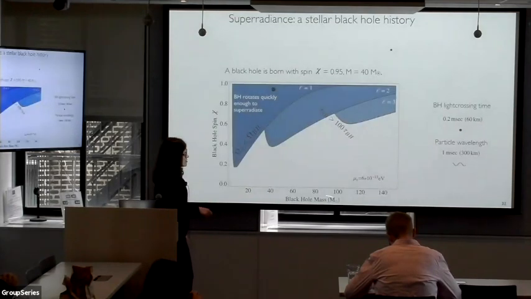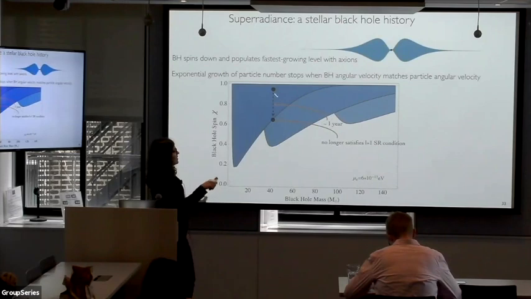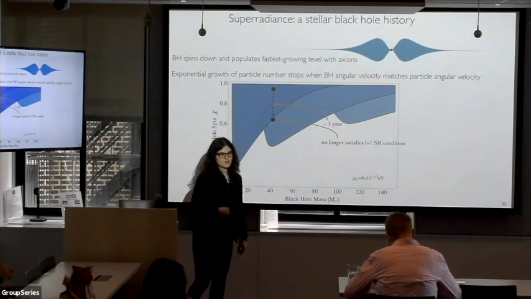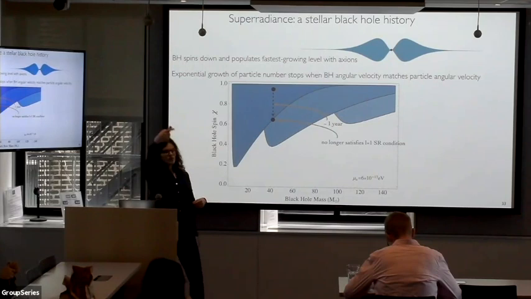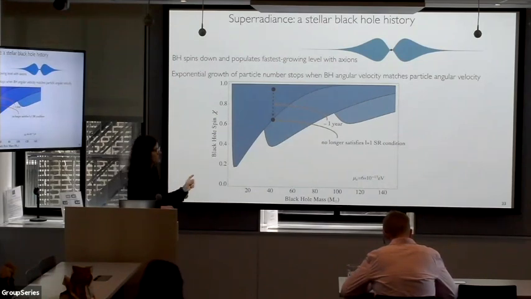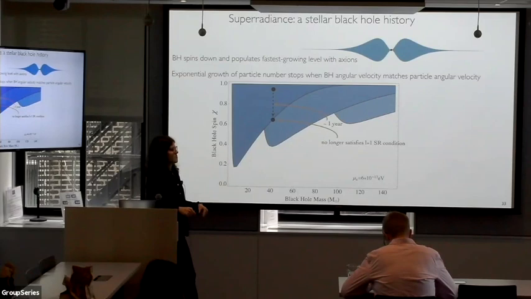So for the parameters I picked here, alpha is about 0.1, and it takes roughly a year for this to happen, which is actually about 180 e-folds of the superradiance rate. So you start from 0 particles, and the number of particles grows exponentially. I'll get to what stops it in a second. As the number of particles in the cloud gets large enough, they extract angular momentum from the black hole, and that sets this overall time scale.